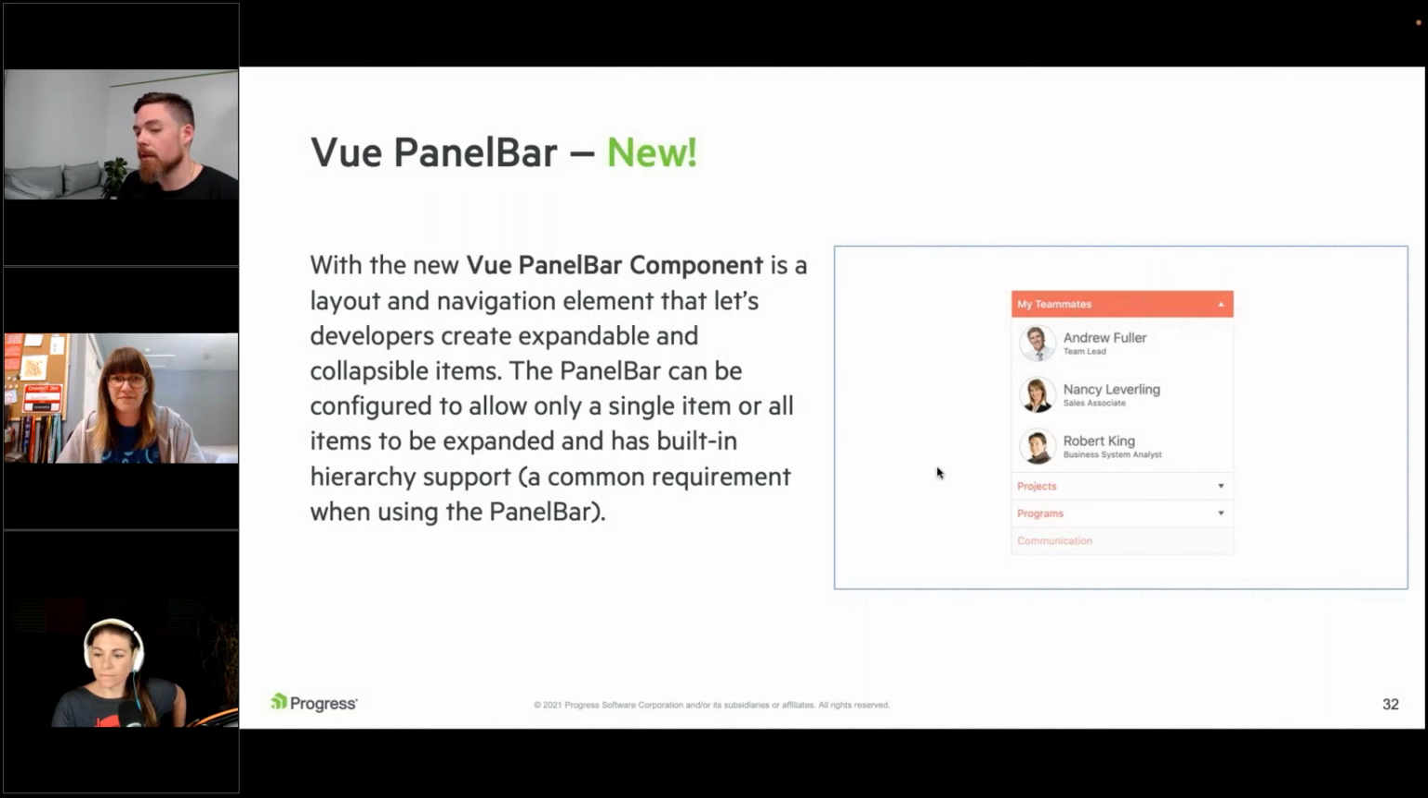What's really interesting as well is that we have built-in hierarchy support, so you can go as many levels deep as you want to. And we have support for features like only expanding one item at a time. So when you click on, for example, projects in this screenshot, it would then collapse my teammates. Or you can also just allow it to all be expanded and collapsed by the users as much as they like